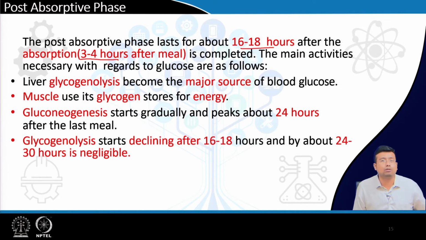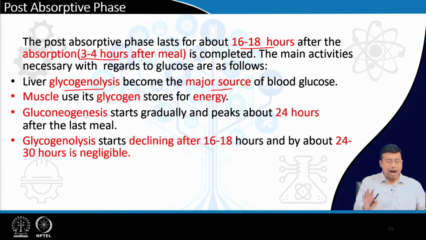So, what will be the sources of glucose? Liver will be the most important organ that will supply glucose. How? By glycogenolysis. So, glycogenolysis becomes the main source of glucose, and muscle also utilizes. When we are doing exercise, or we are normally walking after skipping breakfast, do we fall down? Never. There is a buffer system, and these are the phases that we are discussing. So, normal blood glucose level is maintained very beautifully. How? By the process of